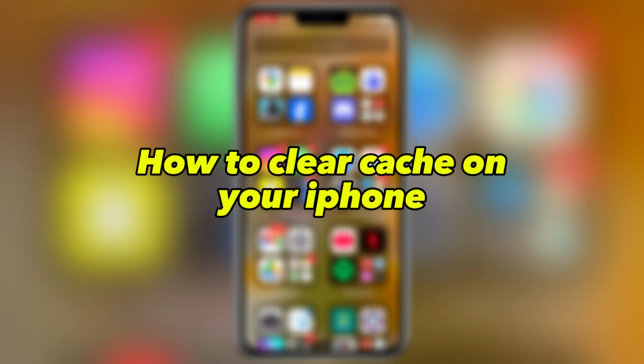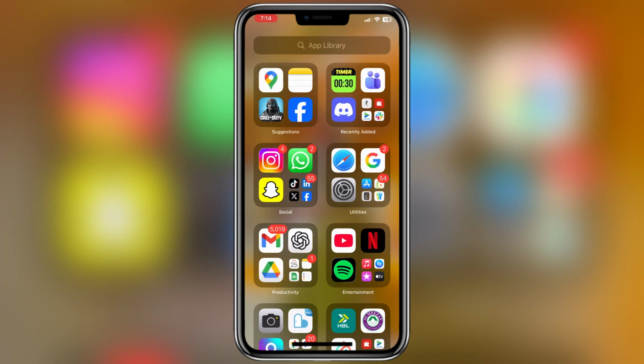In this video, I will show you how to clear cache on your iPhone step by step. Over time, your iPhone stores a lot of temporary files, cookies, and cached data from browsers and apps. This can take up a large amount of storage and even slow down your device. By the end of this video, you will know exactly how to remove this unnecessary data and free up space